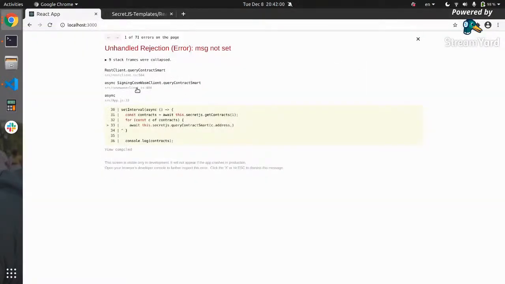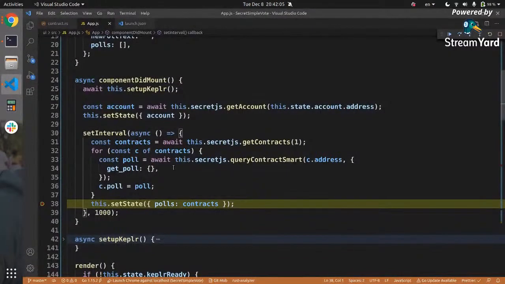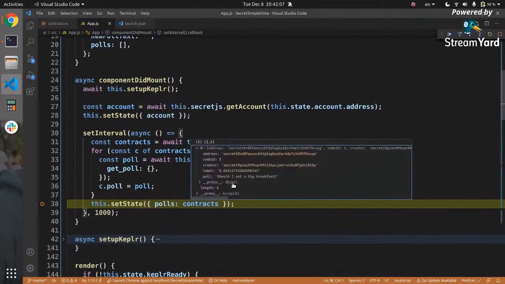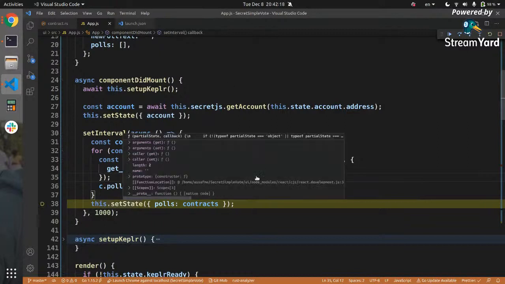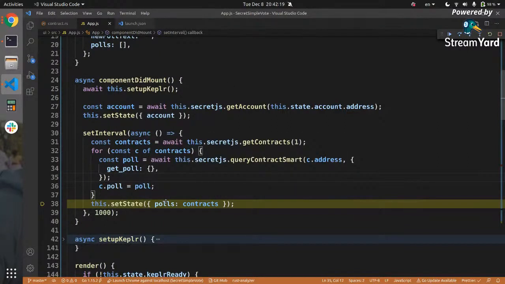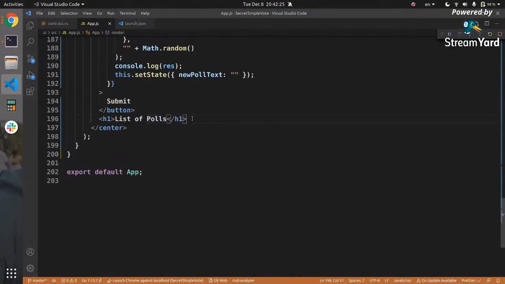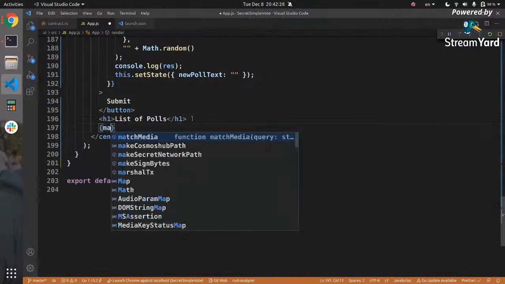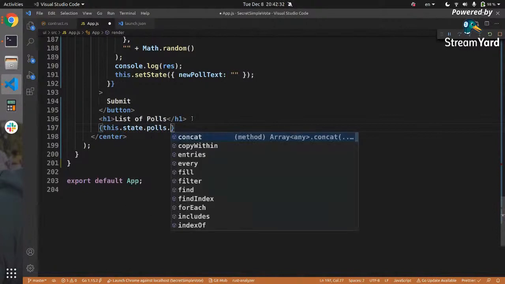Oh no. Okay. Contracts. Yep, this is the new field we just added. Should I eat a big breakfast? Okay, now we can use this state polls to list every poll on the web page. So let's just do this state polls. Now, each poll we are going to